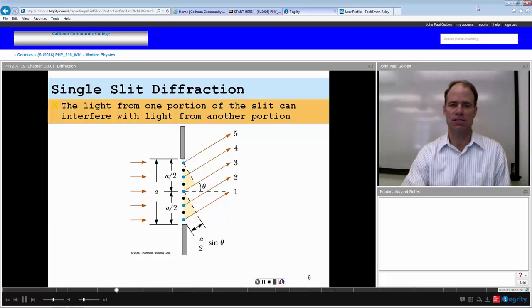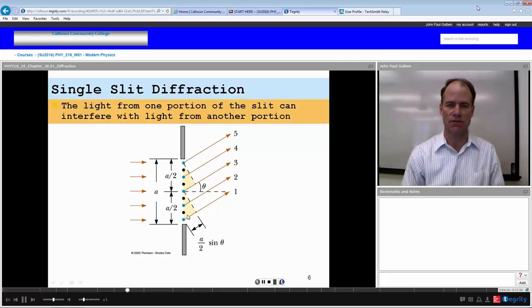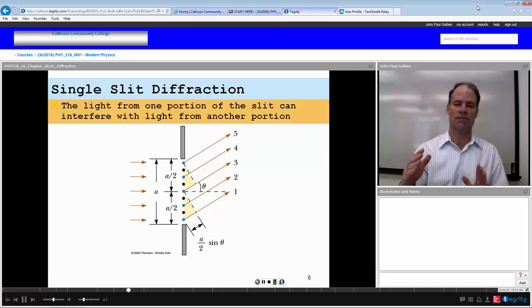Here is single slit diffraction. The light from one portion of the slit will interfere with the light from another portion of the slit. And we think of each point on the slit as being a source of light. We can see that as this goes off at an angle, there will be some point where half of the rays of the slit will interfere with half of the rays of the other half. And if the path difference between these rays is an integral number of wavelengths, then we will see